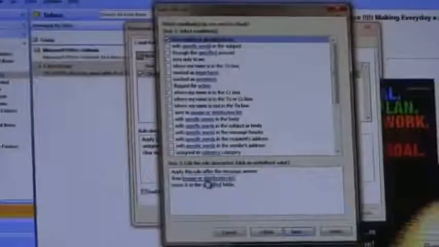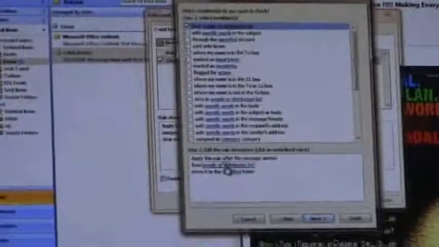From, select people or distribution list, and put your mail ID. Move it to the specified folder, which is the large folder.